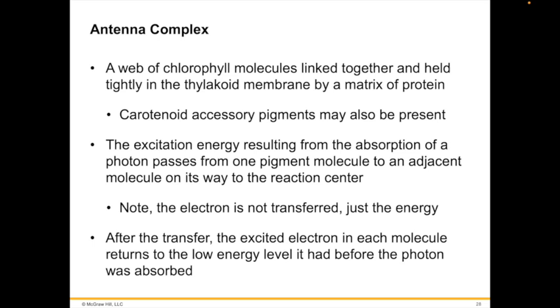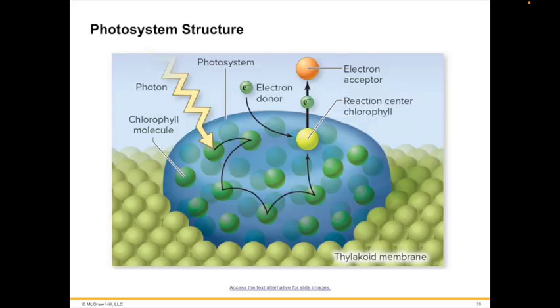So briefly, the antenna complex is also called the light harvesting complex, which accurately describes its role. This light harvesting complex captures photons from sunlight and channels them to the reaction center chlorophyll. So you're seeing right there how the antenna complex works. When light of the proper wavelength strikes any pigment molecule within the photosystem, the light is absorbed by that pigment molecule. The excitation energy is then transferred from one molecule to another within the cluster of pigments until it encounters the reaction center chlorophyll a.